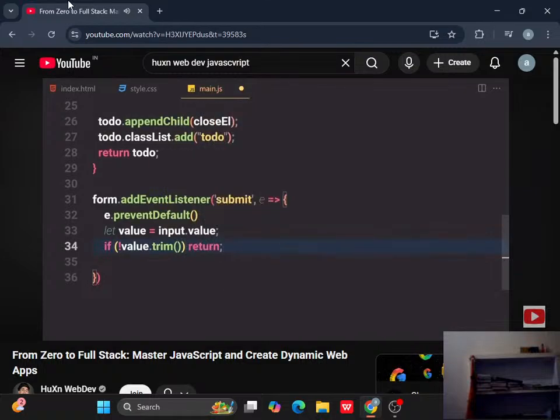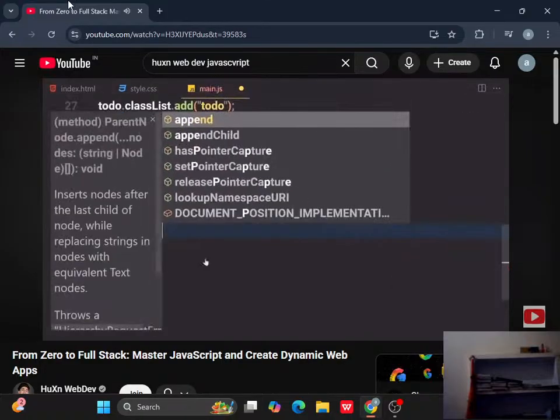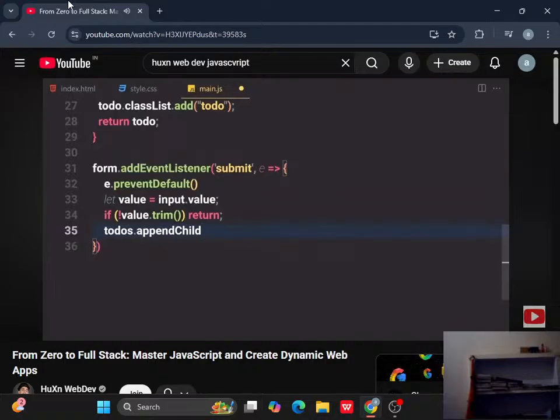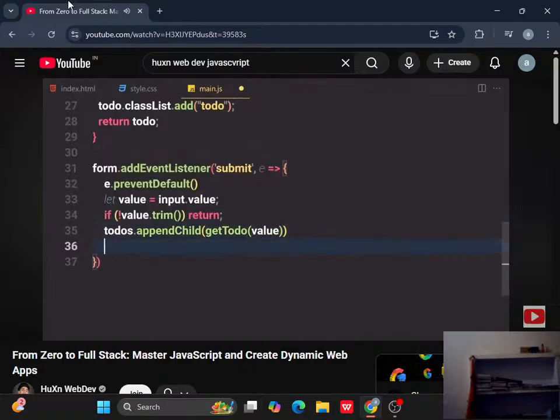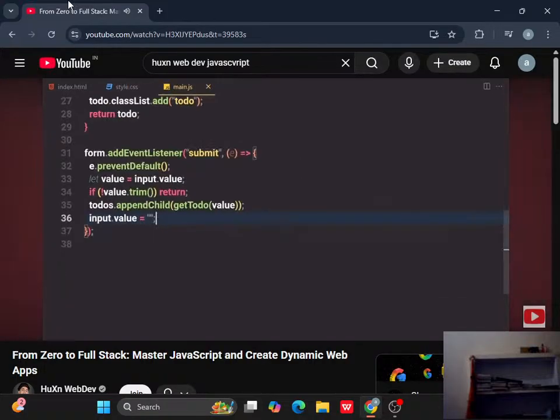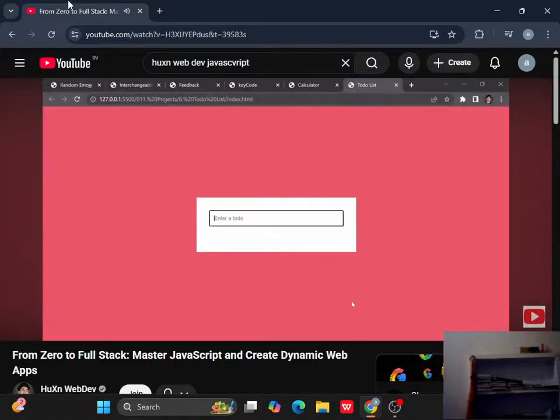In this case, we can also provide curly braces if you want to, and then todos dot append child, and let's just append or get todo of value to it, and input dot value will now be set to an empty string. We are now totally done with our project. So if you just write like blah,